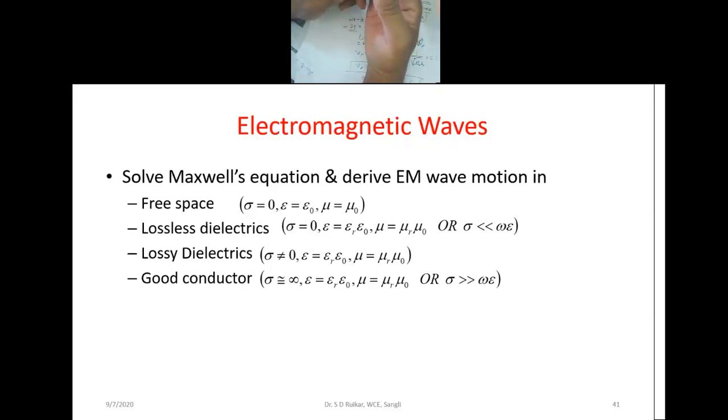The conductivity is not 0. Lossy dielectric means there is some conduction. Lossless dielectric means no conduction. A good conductor has infinite conductivity. A lossless dielectric has conductivity 0. A lossy dielectric has a conductivity that is near 0 but not equal to 0. So these are the medium constants you should remember, because we can then understand the terms and components for this.